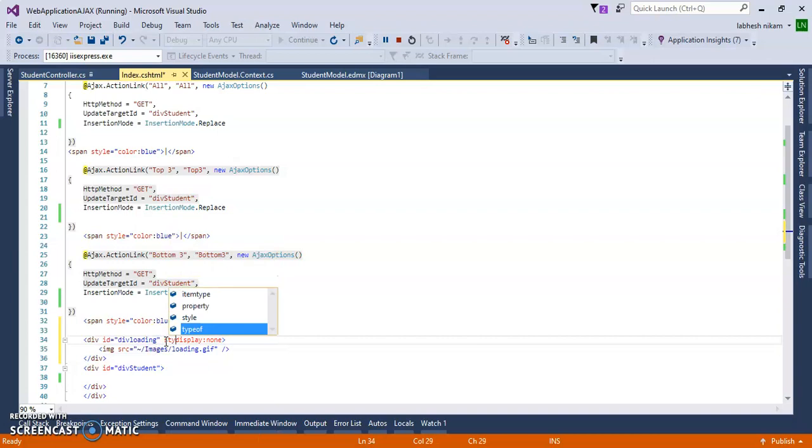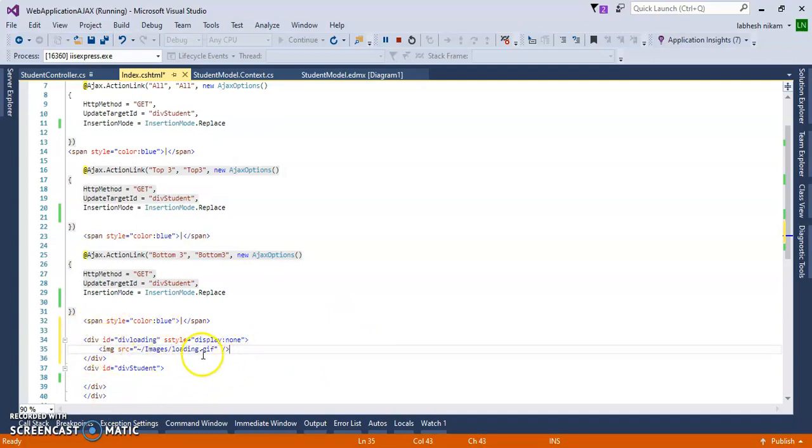At the time of the process the image will be displayed, and after the processing we don't need it, so it is display none again. Cut it and add it here. So my GIF image is completed here.